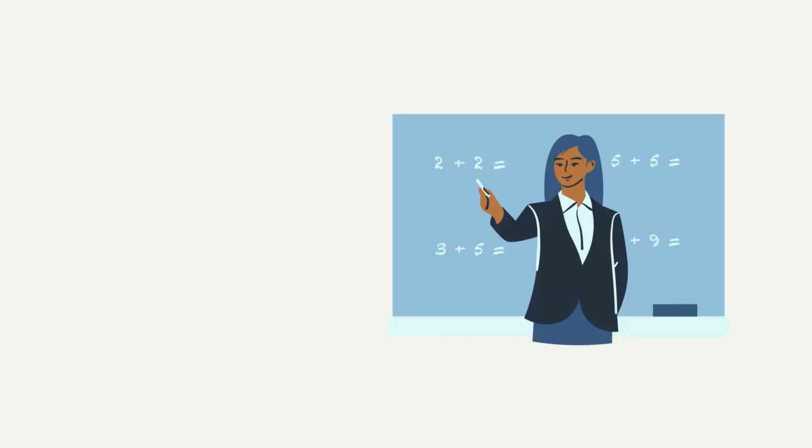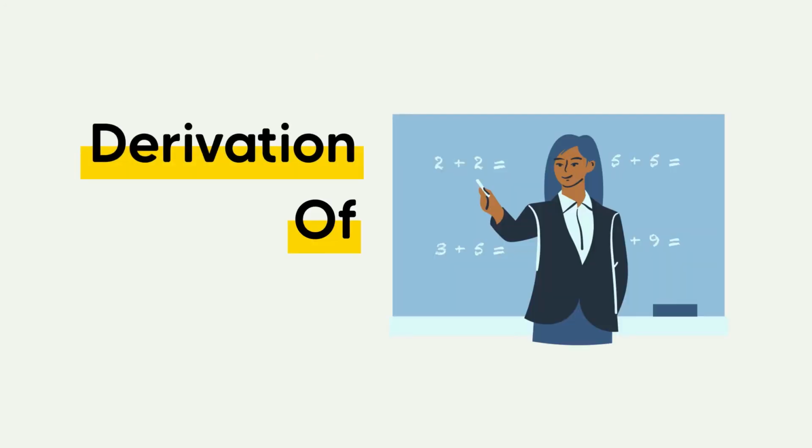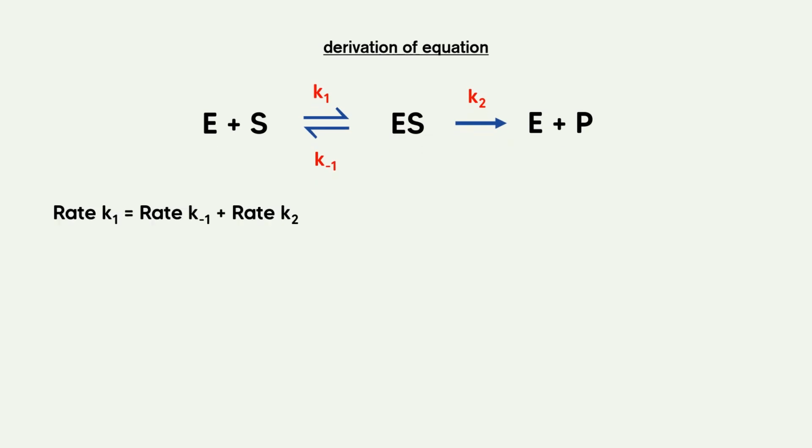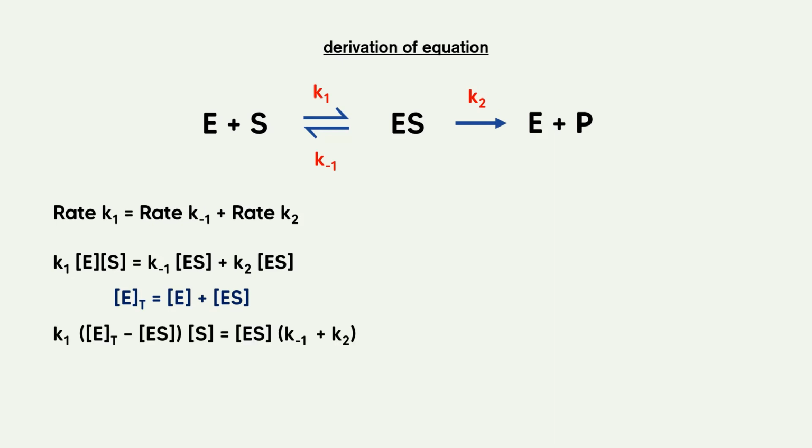Now we'll be moving on to the derivation of the Michaelis-Menten equation. As mentioned before, the steady state equation states that the rate of forming ES is equal to the rate of consuming ES. We can substitute the rates with the respective rate constants and reactant concentrations. As we know, the total enzyme available is equal to the concentration of the free enzymes added to the concentration of enzymes bound to the substrate. Using that information, we will substitute the value of free enzymes in rate 1 with the